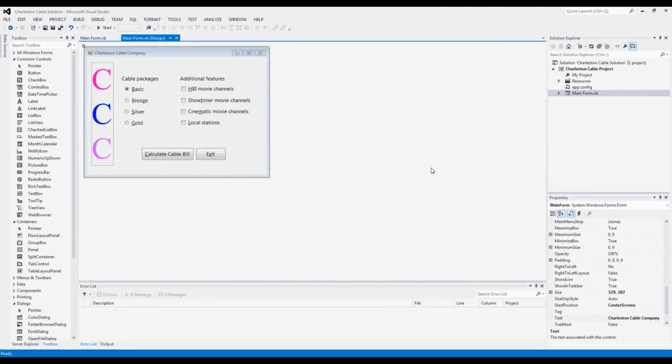Hey guys, so this is the tutorial on the Charleston Cable Company application. This is a form where basically you get to select a certain type of cable package: basic, bronze, silver, gold, and you get to select some additional features like HBI movie channels, show timer movie channels, cinematic movie channels, or just local stations. And you can select any of these packages and add up some extra features like these channels